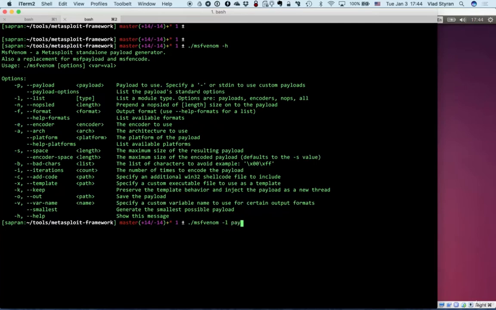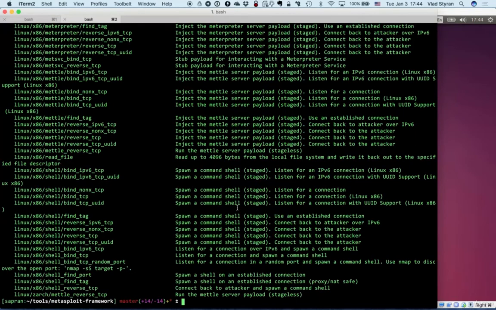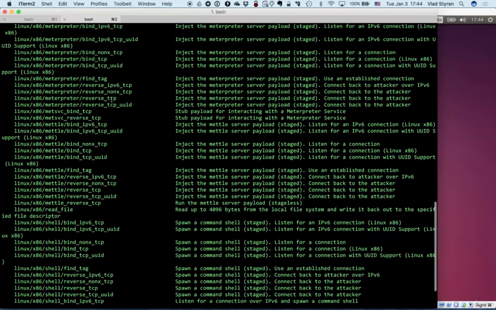List payloads, and select only Linux from the output. Okay, there isn't a bunch of them. Can we use Meterpreter? Of course we can. So let's use Meterpreter